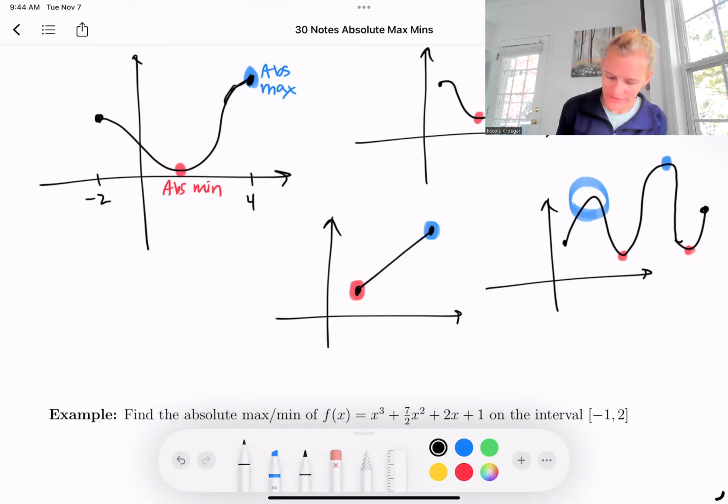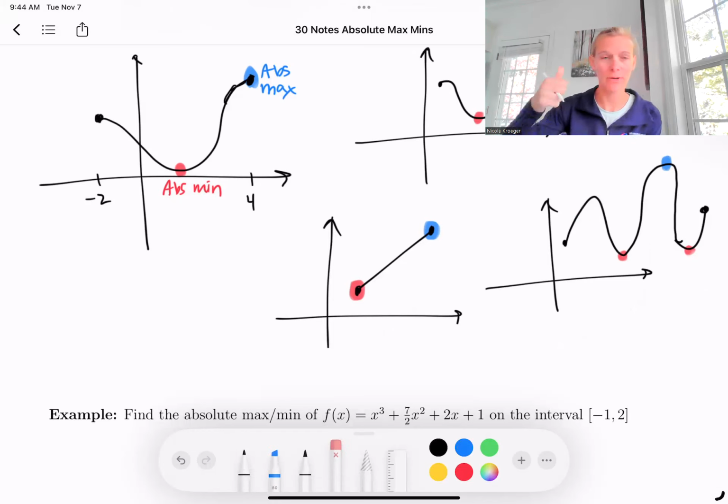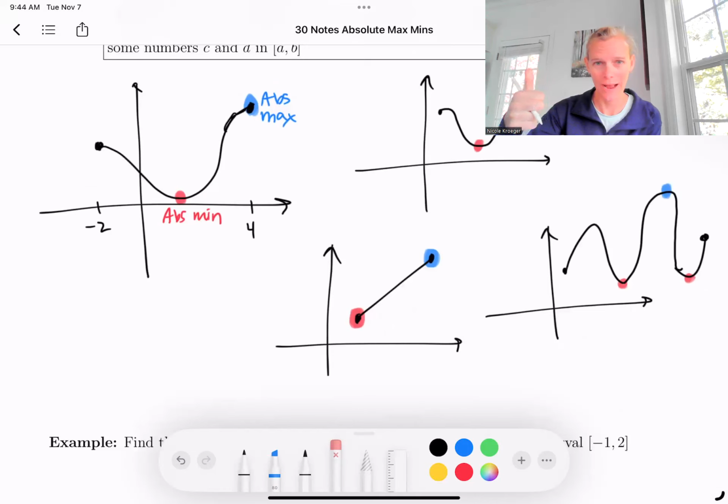Okay, so what we're seeing here is that critical numbers are places that we can look for absolute maxes, but also endpoints. So if we have a closed interval, we also have to check our endpoints. Okay, so let's do one example to see how we apply this, and then we'll do a lot more in